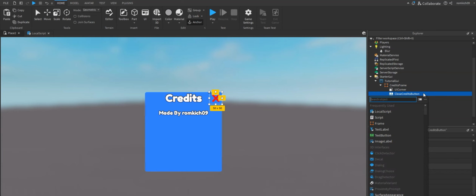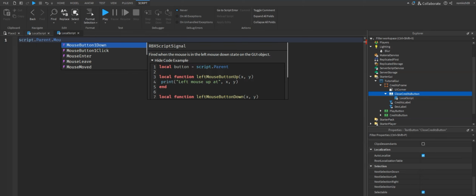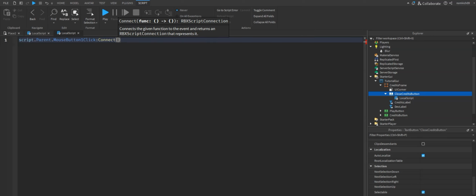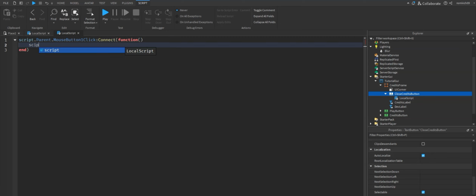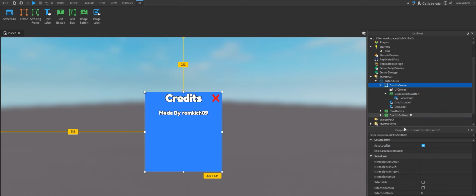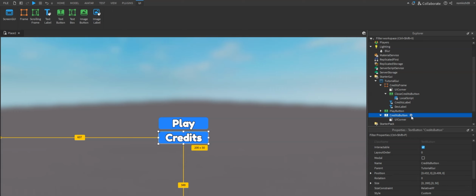Now in our button we're gonna add a local script, and in this button we're gonna add this script. So script.Parent.MouseButton1Click:Connect(function), and then enter script.Parent.Parent.Visible equals false. Now I'm gonna make this credits frame already invisible, and now in our credits button I'm gonna add a local